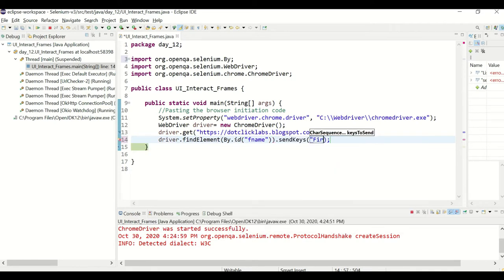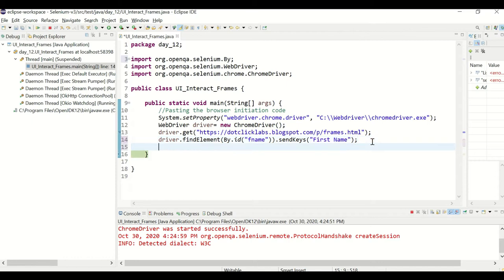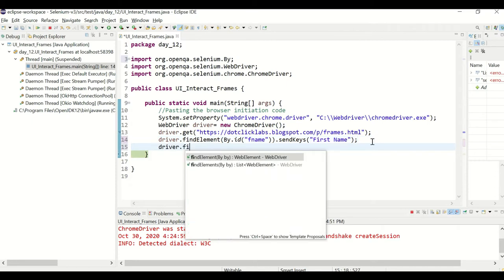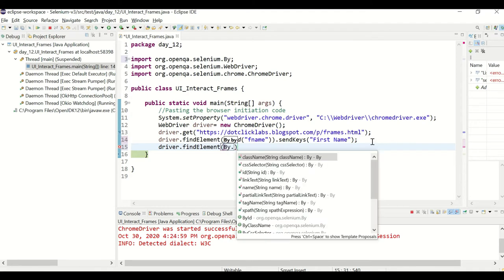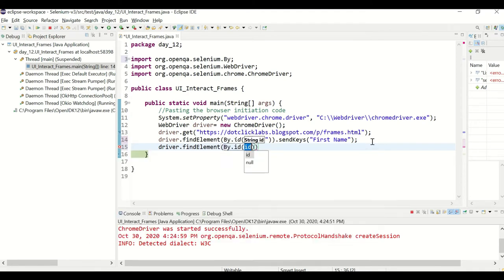So enter any value. I'm typing first name, and this is to enter the first name, and for last name, driver dot find element by dot, copy the property of that object.